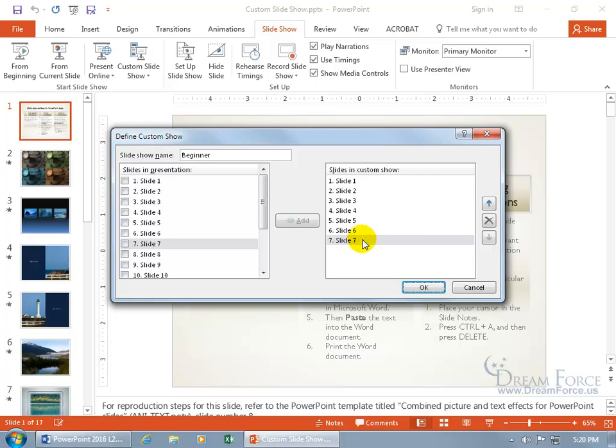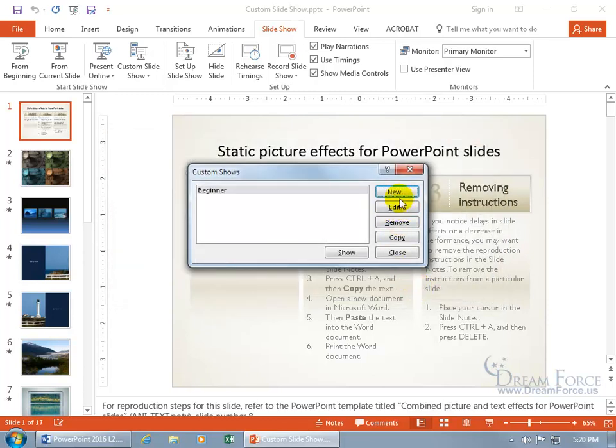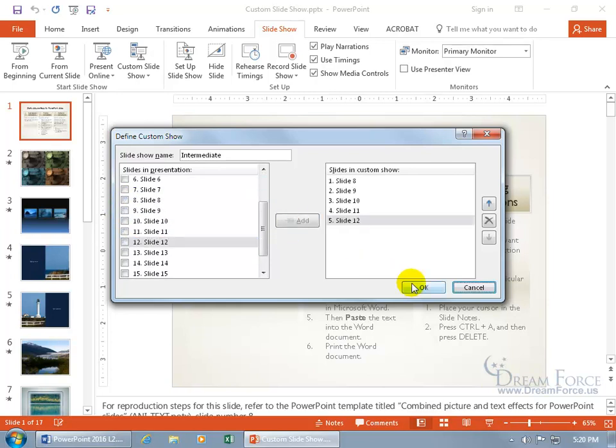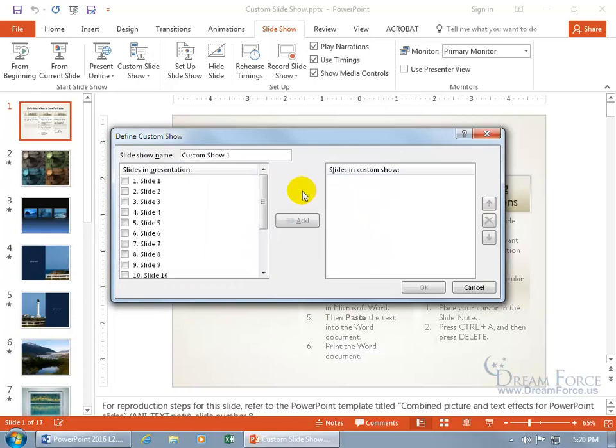In any case, when you're done with that, go ahead and click OK, and let's do another one. Click New. This one's going to be our intermediate. And this one we'll do 8 through 12, sounds good. Add, click OK, click New. And this one's going to be advanced. And we'll do